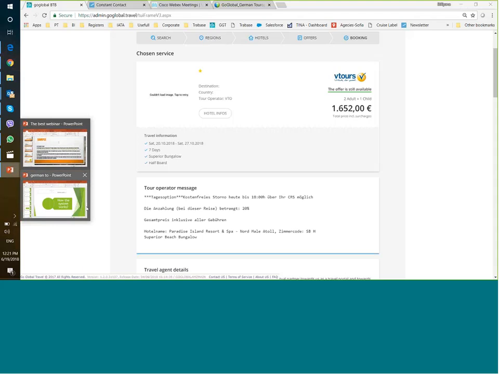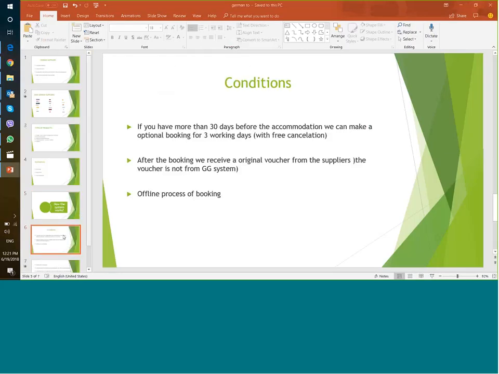Okay. Good question. It is important, but the conditions of the German tour operators are always the same and are like this. If you have more than 30 days before the accommodation, we can make an optional booking for 3 working days. That means with free cancellation. After the booking, we receive the original voucher. This is an important part because